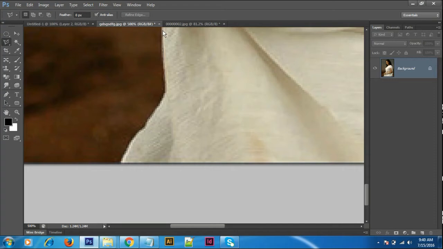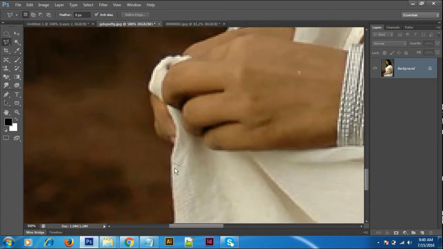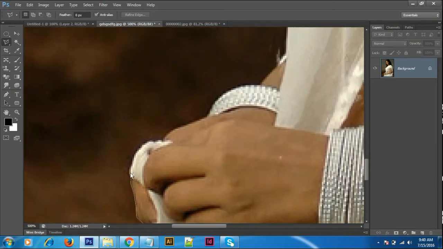See what happened, I just came like this. I would like to pan the document using the space bar, to pan the document like this. Again take this one. Again pan the document, the shape. Only one click; if you double click, it means you automatically get the selection. Okay.